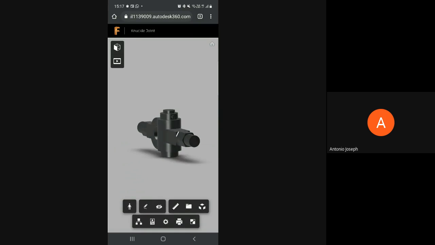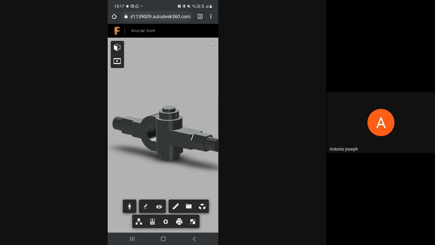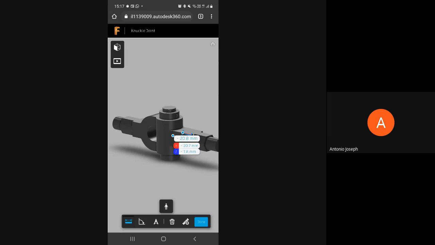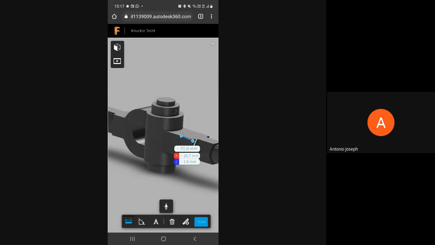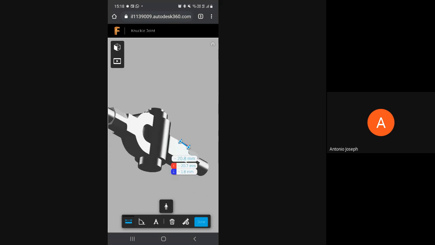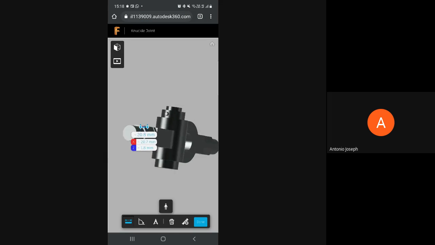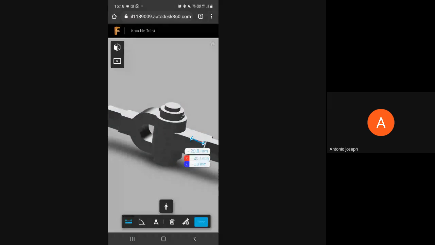So this is how it will look when the link I shared is opened in a mobile browser. There are so many things. You can inspect the dimensions and all. See, I chose 2 points on the design and it is showing the X and Y coordinates as well as the net distance or the total dimension of that particular point. And you can just browse with your hand. You can revolve and watch it from all points.